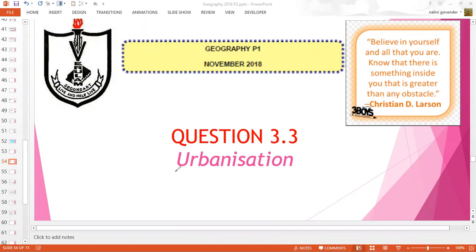idea. Now, it's talking about urban, and urbanization. I think I did tell you the last time, it refers to the percentage of the people living in the urban areas. And it speaks about the increasing percentage, right? In other words, the percentage of people living in urban areas is certainly increasing. Now, as more people move into the urban area,